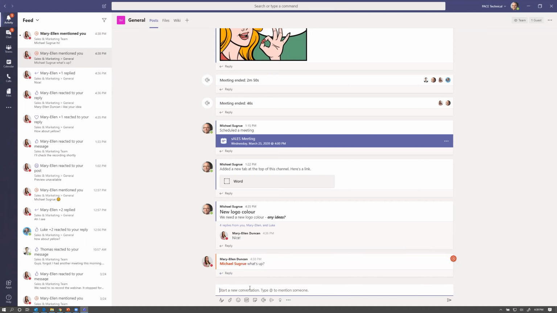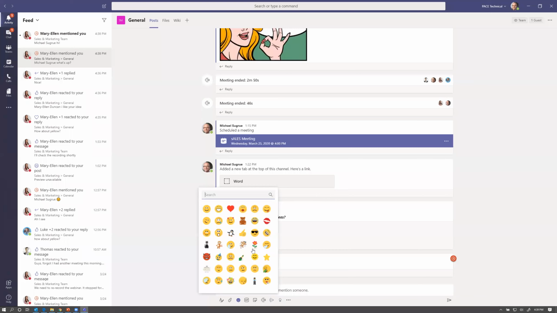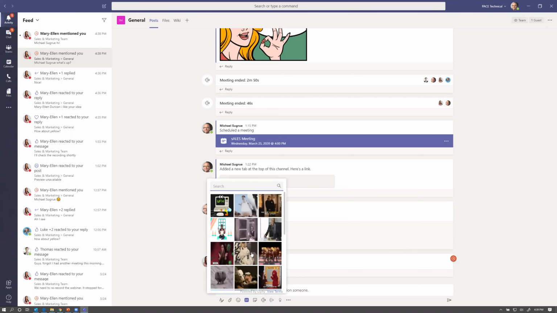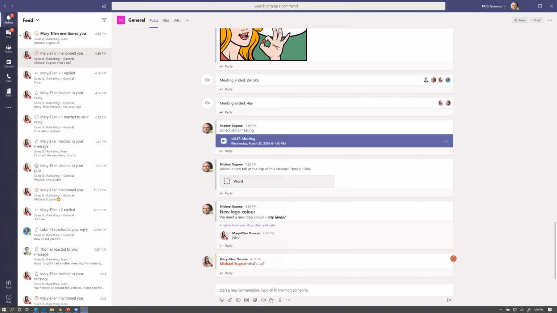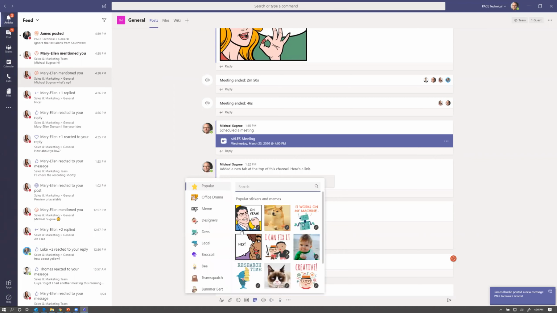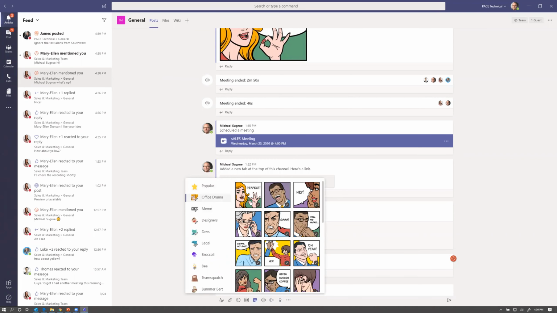A couple of other things within conversations. The paperclip down here is for attaching a file. We're going to go through attaching files and file sharing in just a few minutes. A couple of other things: I can attach emojis if I wanted to. I click this here, you have a whole bunch of options that you can put in, again, to add a little bit of personality maybe to your message. I could put in an animated GIF to react to a message. I can also put in a sticker if I wanted to. Let's say I wanted to use this.